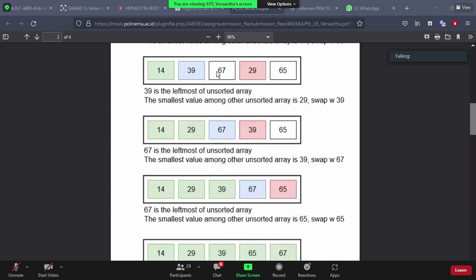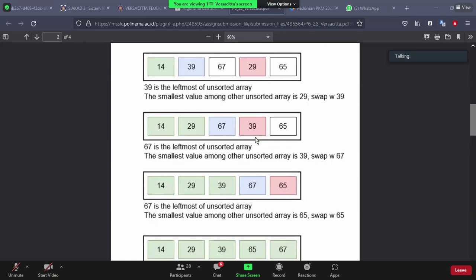Then the leftmost of the unsorted array is now changed into 67. When checking, we find the smallest value among the other unsorted elements is 39, which is then swapped with 67.